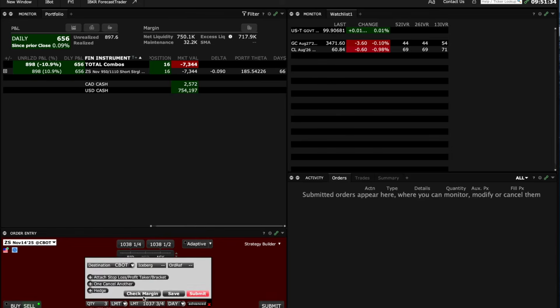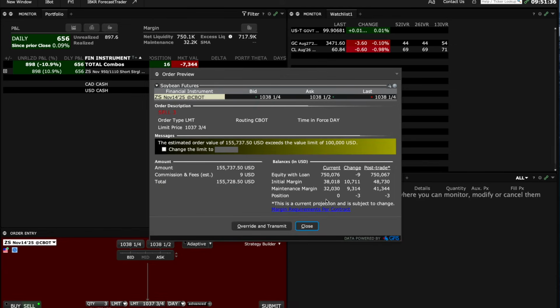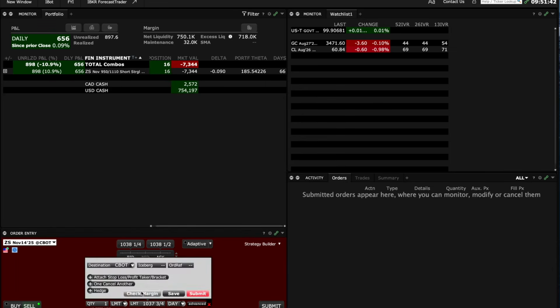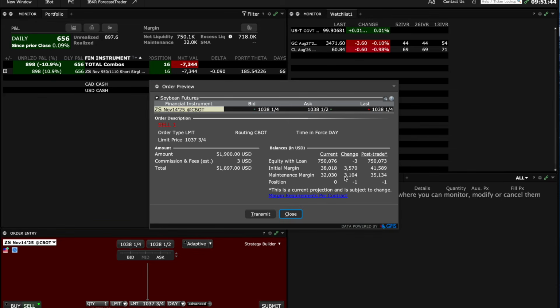And this is the kind of thing you just have to do. You just have to play with it. So let's see, the margin will go up here as well. So let's try maybe 1 contract, and see if it does anything differently. No, so even one contract adds about 3,000 in margin. So from my experience,